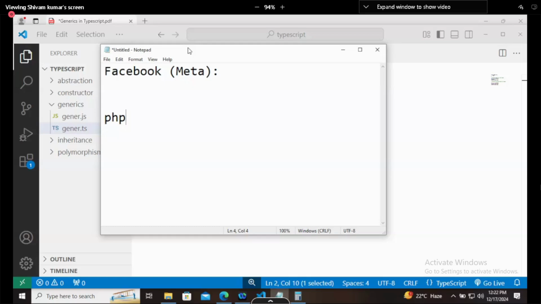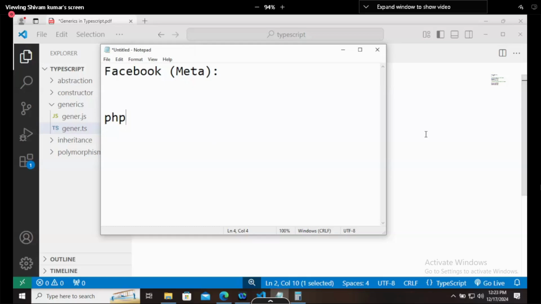The entire Facebook is written in PHP, and PHP is a very old method, very slow. It's not using any Node, React, this, that. It is using PHP. But Facebook is very easy to use. So technology doesn't matter. Your application should be good.